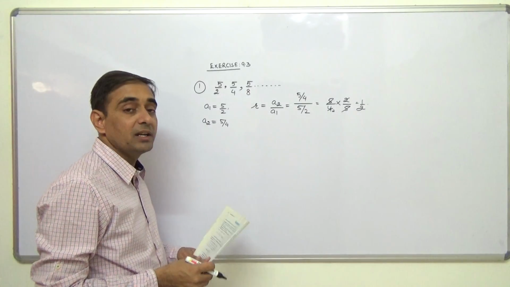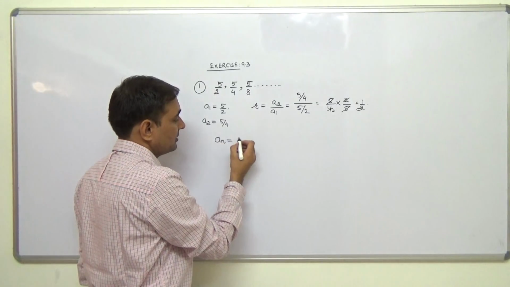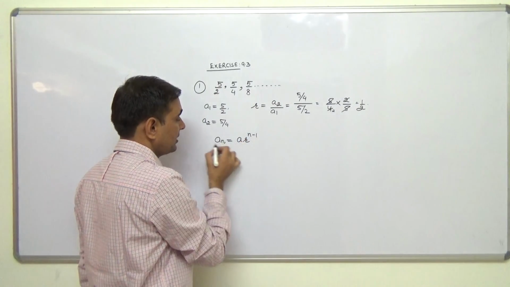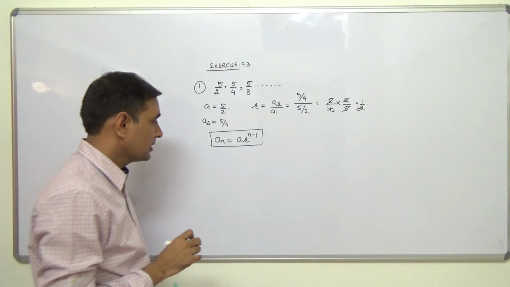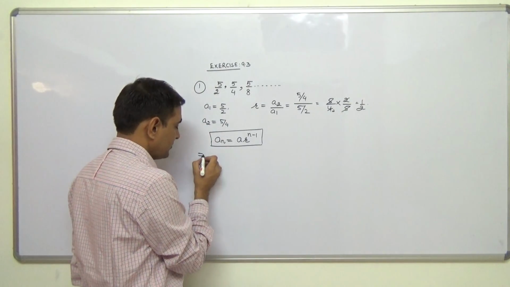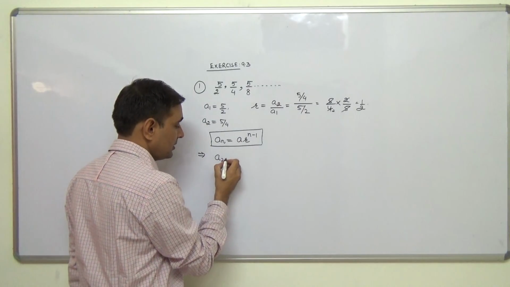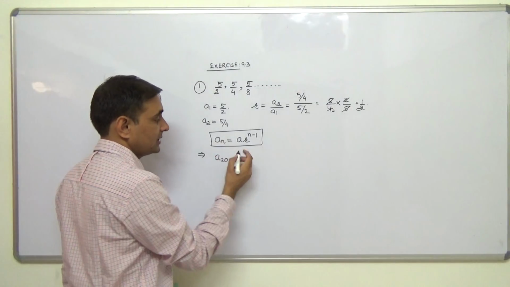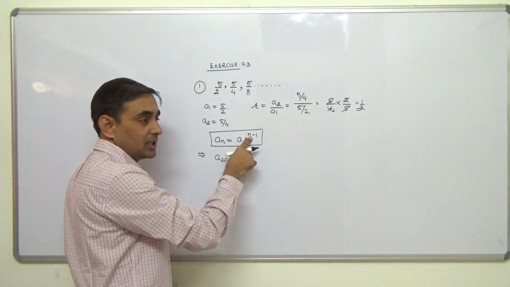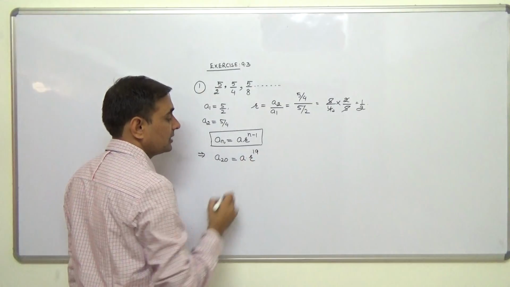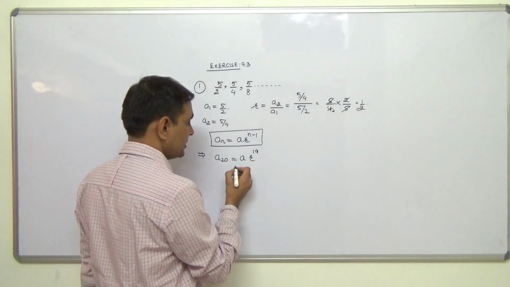Right? Now we have to find 20th term of the GP. We have learned that nth term of GP is A into R to the power n minus 1. Nth term of GP is given by A into R to the power n minus 1. Right? So, according to this formula, we have to find 20th term. So we will take n as 20, A20. A20 is equal to, in place of n we put 20, so A into R to the power n minus 1. In place of n we have to put 20. So 20 minus 1, it will be 19. So formula for 20th term will be A into R to the power 19, which is equal to, what is